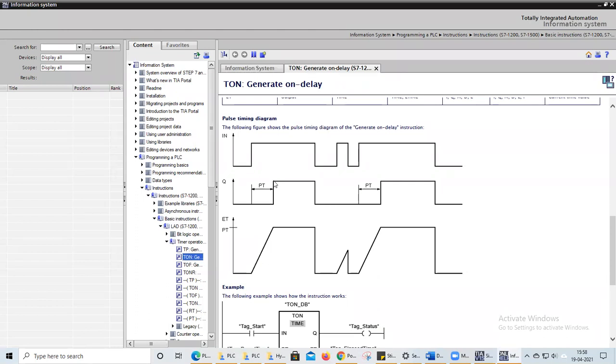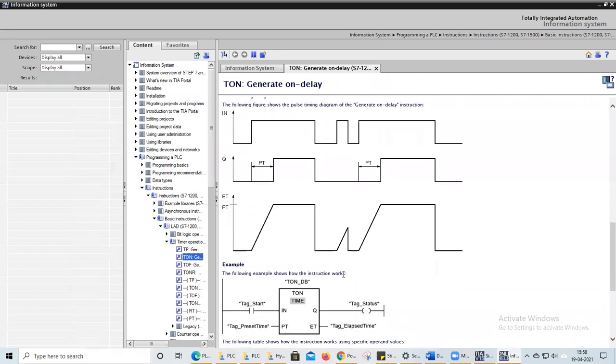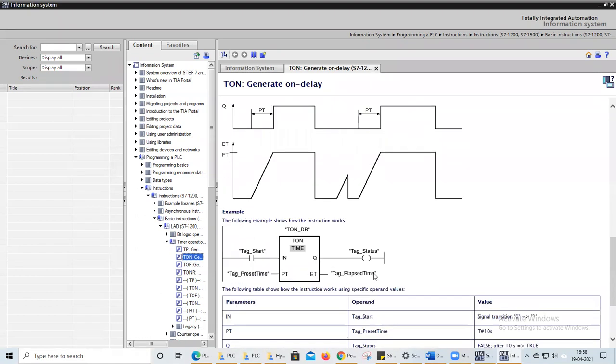During this transition there will be some transition period. That period you can evaluate using the ET, the elapsed time. Here you can see ET elapsed time is there. Values will be displayed, but output will occur only after the preset time in the on timer. Okay,